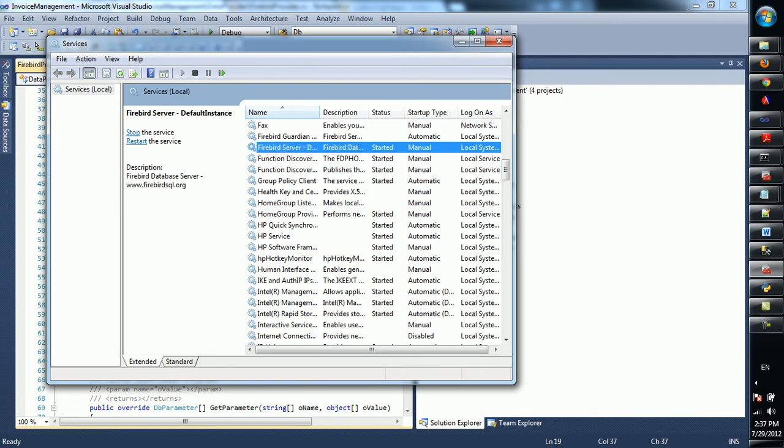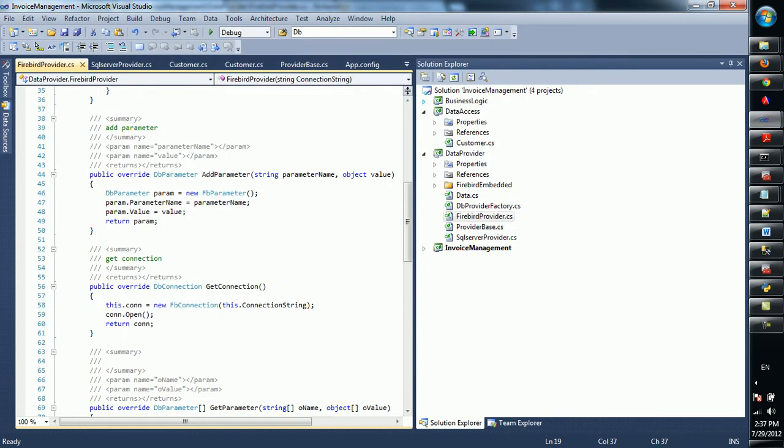But it's also a little big for the database. So that is what we do in the Firebird provider. But you know, Firebird is also a very lightweight database, so it also provides another option,